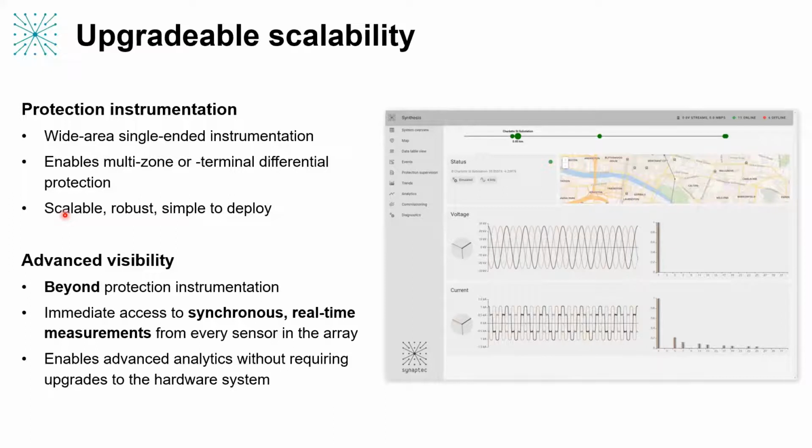So on top of the dedicated hardware that we use to deliver measurements to differential protection schemes to replace those conventional schemes and make them much simpler, we can also deploy software visualization and analysis tools like the one you can see on the screen here, which will allow the operator to make the most of the wealth of data that's generated by that instrumentation network and enable enhanced visibility without the additional hardware installation or configuration that you might need with other schemes.